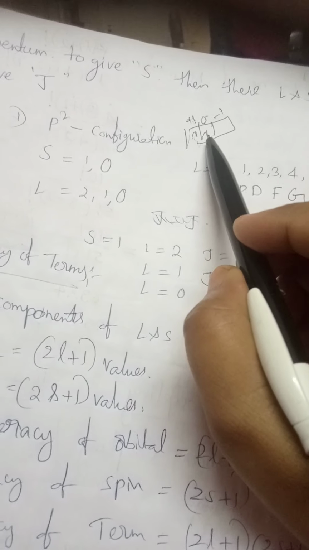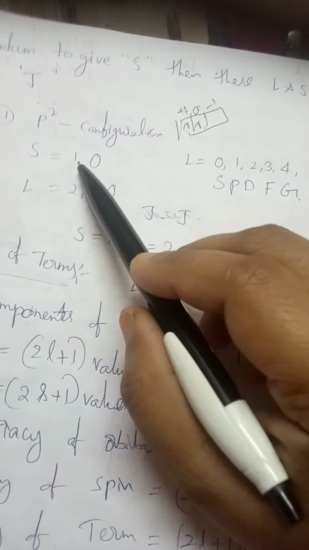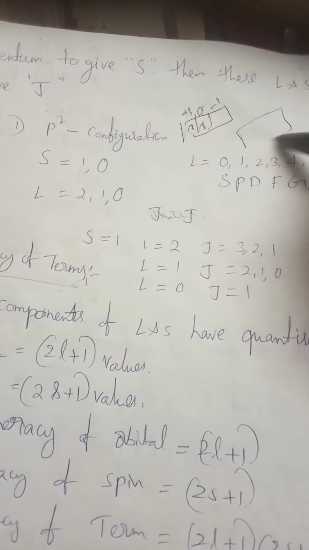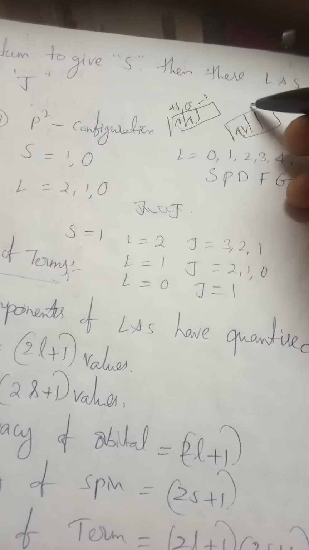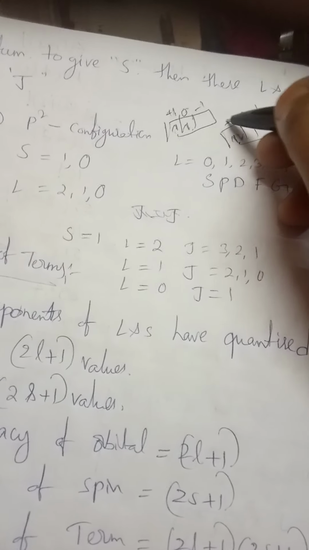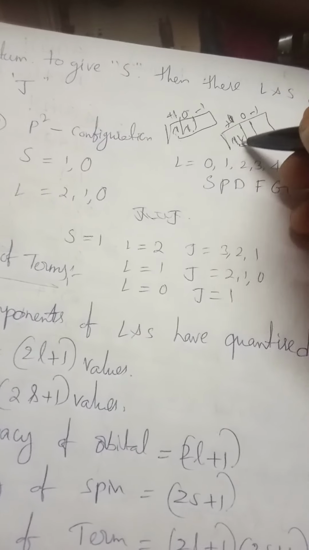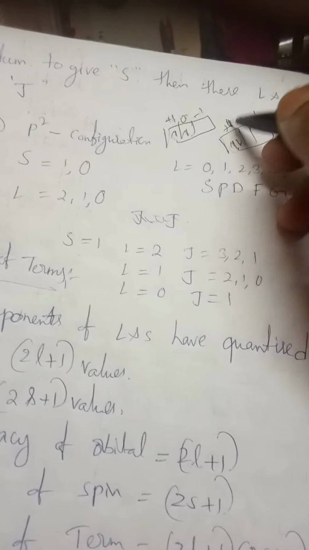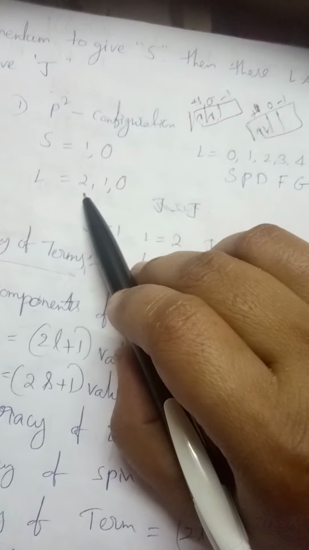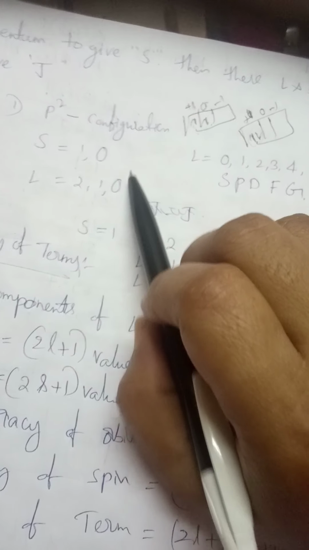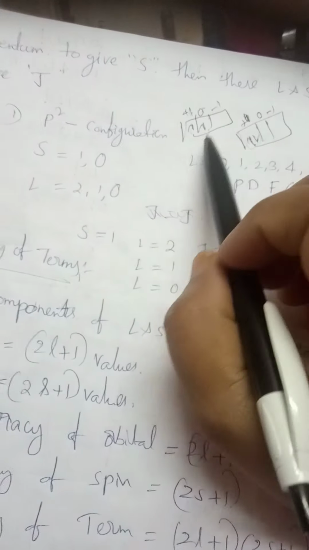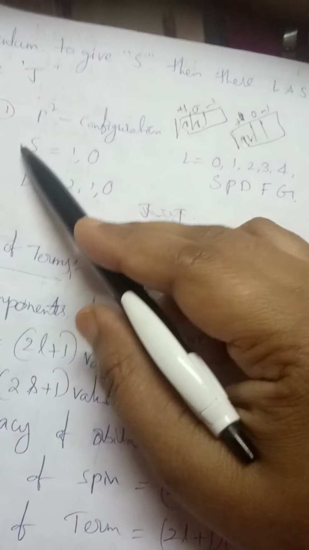Again, another possibility is that these electrons are in the same orbital. This is another possibility. We can write 0, minus 1 and plus 1. So again 2 electrons, 2 into plus 1, gives 2. So the possibility of L values is 2, 1, and again 0. How can we get the L value as 0? It means all the electrons are filled in the sublevels, and in that case the S value is half minus half, that is 0.